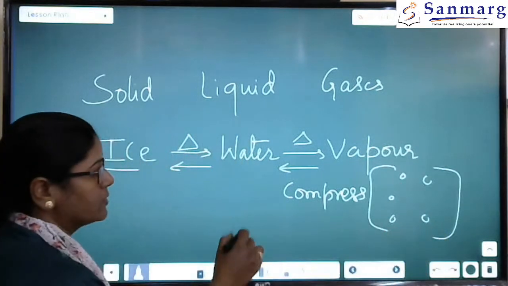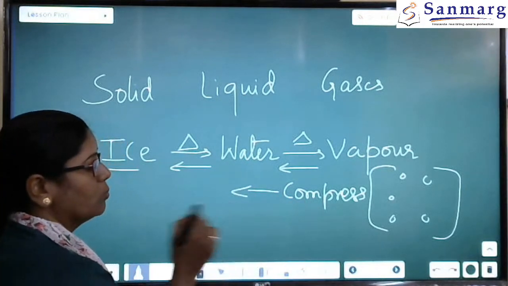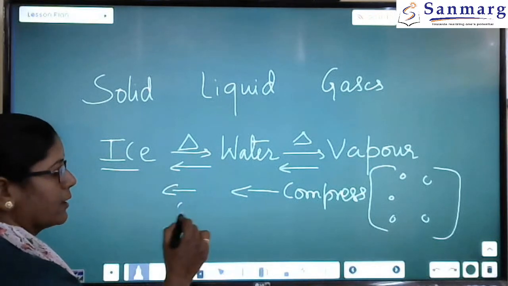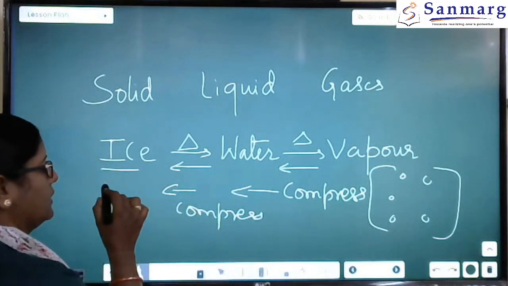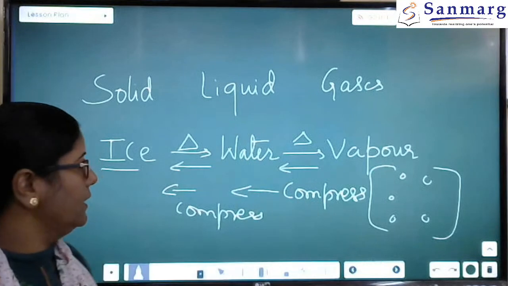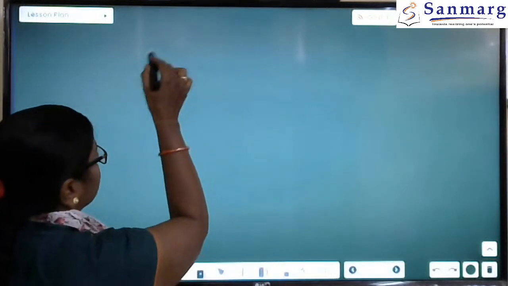When you compress or decrease the temperature, it will get converted into water. Water, on further compressing, then gets converted into ice, so that is solid. So any gas, if you take any other gas also, for example, let us take carbon dioxide,